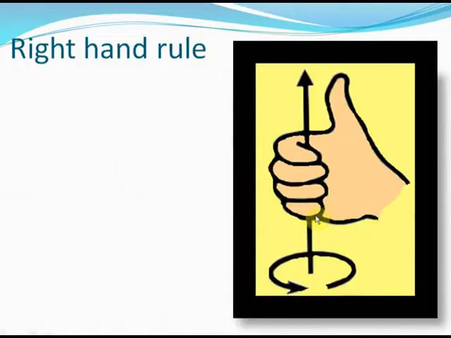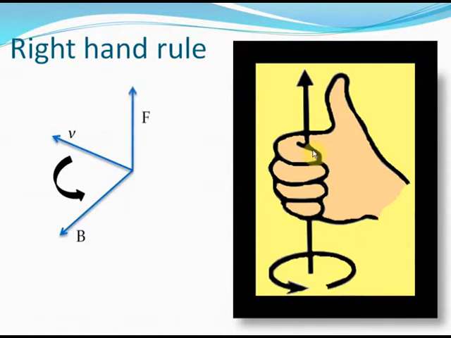We have a special rule called the right hand rule to determine the direction of magnetic force on a moving charge. You see, if the velocity vector of a moving charged particle points like this, and if the magnetic field in which the charged particle is present is like this, in that case, you can determine the direction of the magnetic force by curling your fingers from V to B, like this. And then the direction of your thumb will indicate the direction of the magnetic force on the charged particle. Understood? I'll repeat it for you.